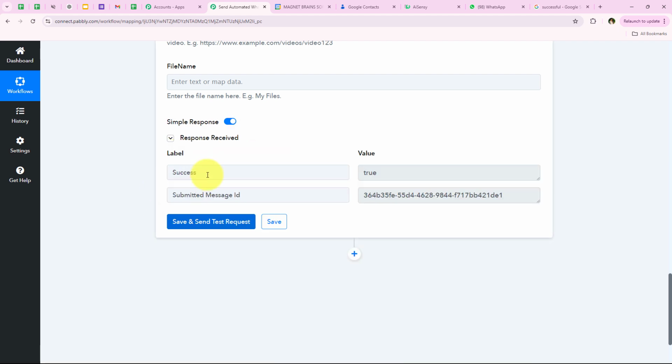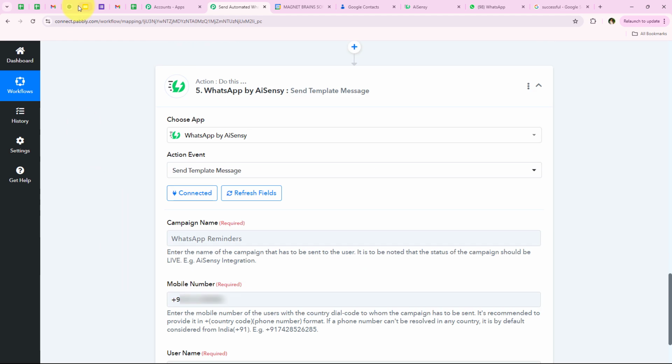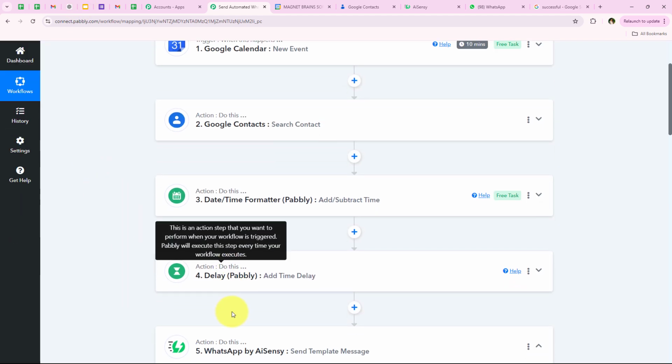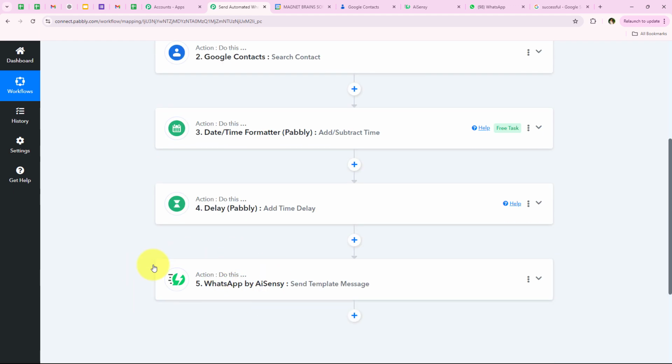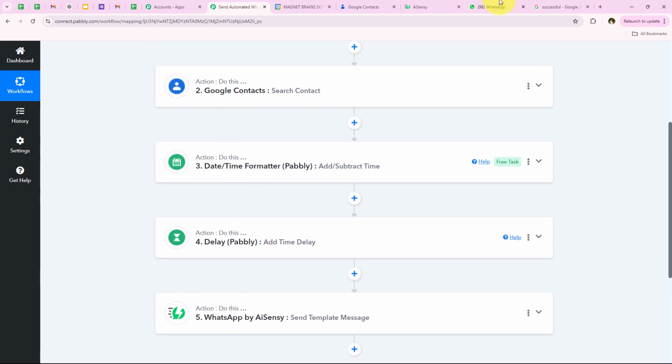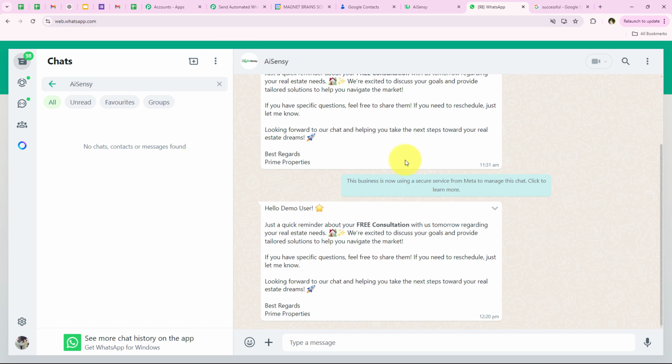And as soon as we click on save and send test request, yes, you can see success true, submitted message ID. So yes, with this we have received a positive response that we have successfully sent an automated WhatsApp message. So I'm going to open my WhatsApp and check for the message received. I'm going to open my WhatsApp, and yes, you can see that we have successfully received a new